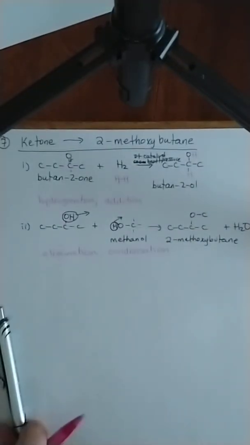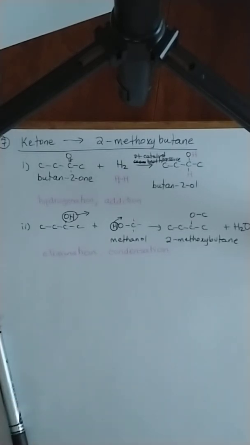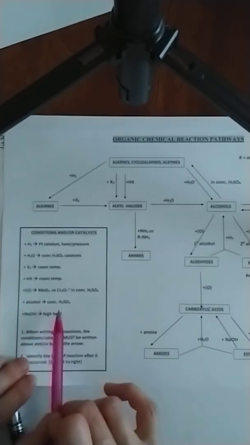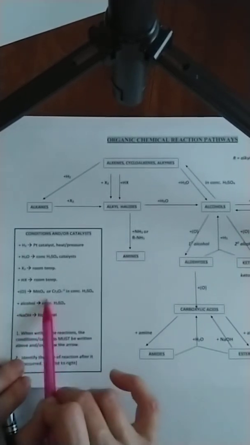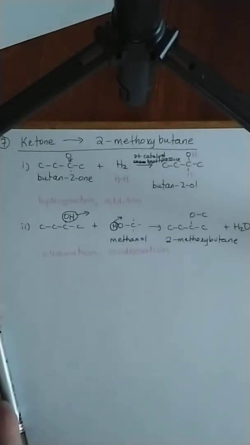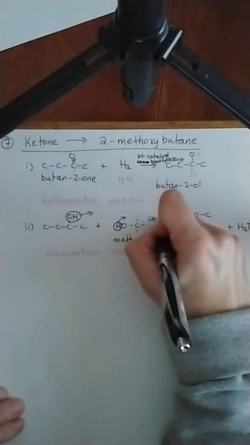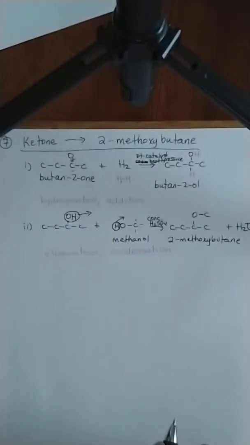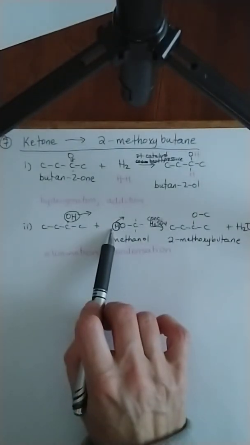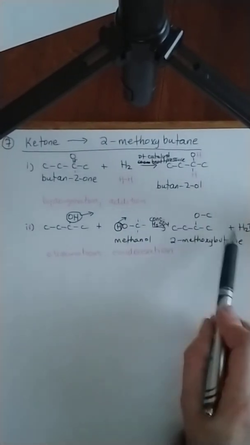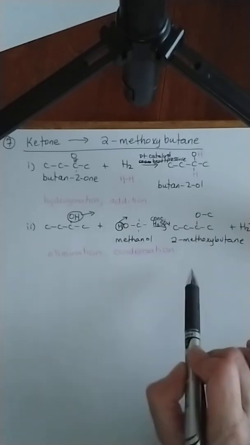So this is a condensation reaction. Okay, and in a condensation reaction, if we go over here, when you add alcohol, it's the same thing as when you add water. You need concentrated sulfuric acid as a catalyst. So above your arrow, you're just going to put concentrated H2SO4. Okay, so we eliminated the water. And because the elimination of water, that dehydration, synthesized something larger,